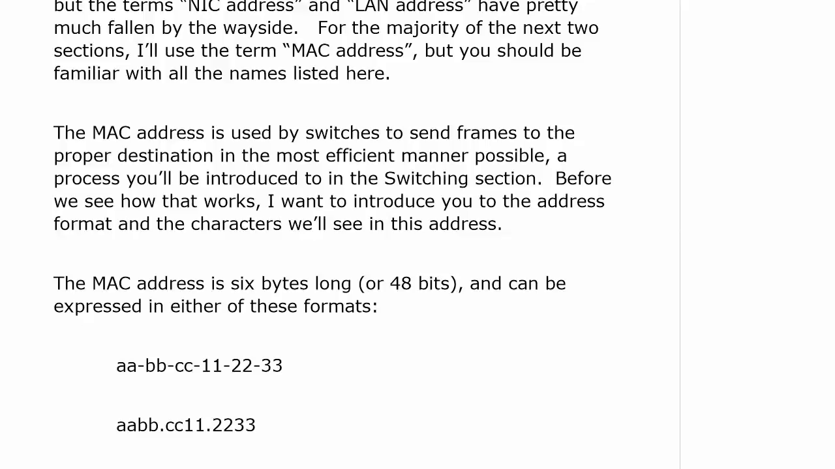You could put dashes between each 2 characters. You could put periods in between each 4 characters. I've actually seen it where people use dots to separate the 6 pairs of characters. None of those is wrong. You'll most likely see it the first way, but I just want to have you ready to see it any of those 3 ways. Now, MAC addresses consist of hex values,